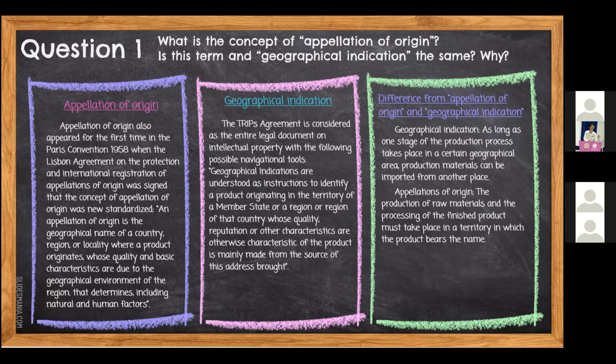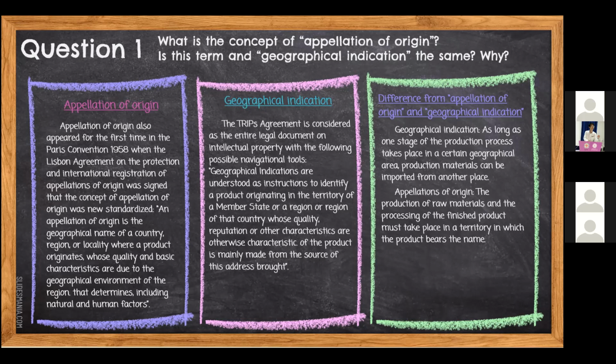Geographical indication: the TRIPS Agreement is considered as the entire legal document on intellectual property. Geographical indications are understood as indications that identify a product